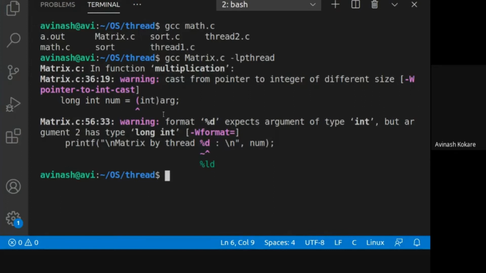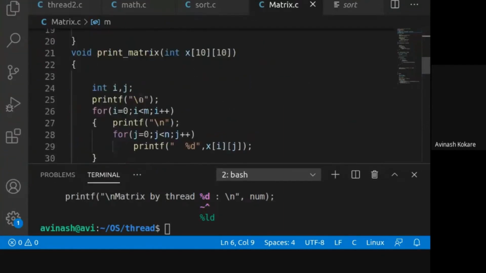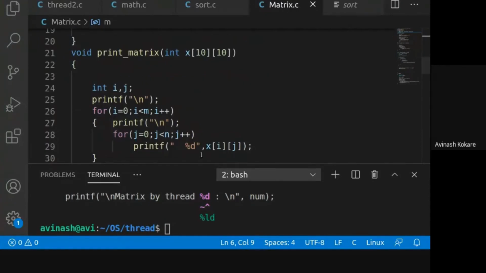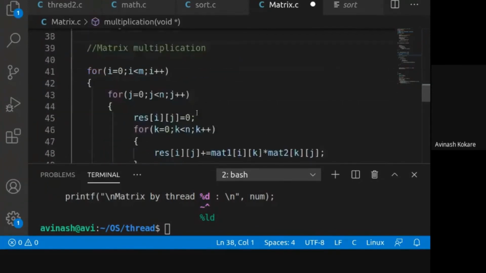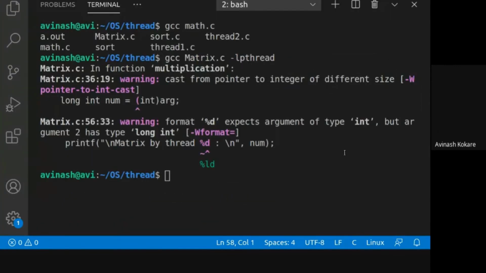We made a mistake while typecasting: it should be converted to a long int, not an int variable, and when printing the value it should be %ld. That is what we had missed. It was showing just warnings.